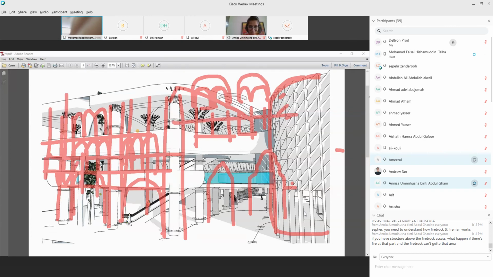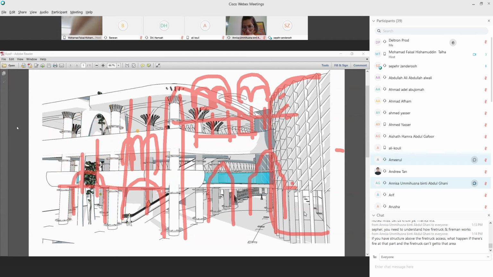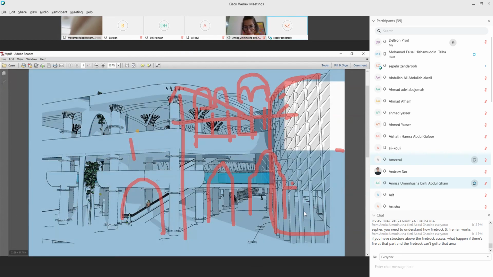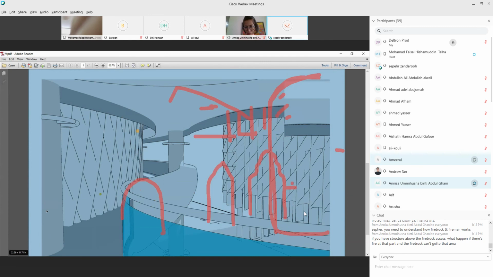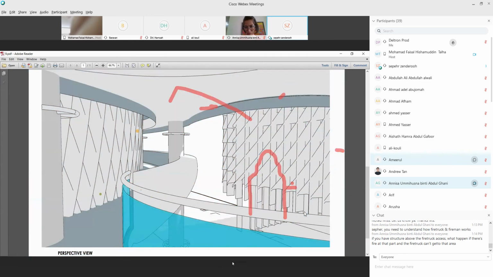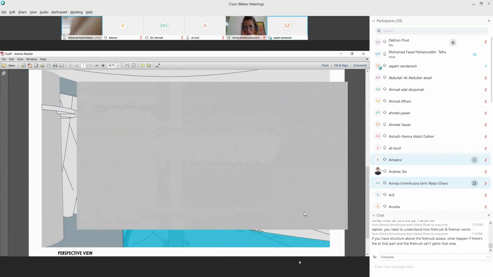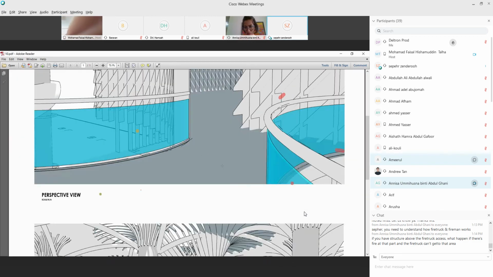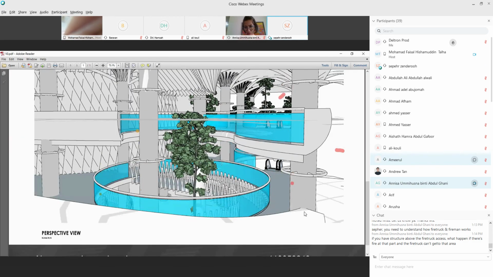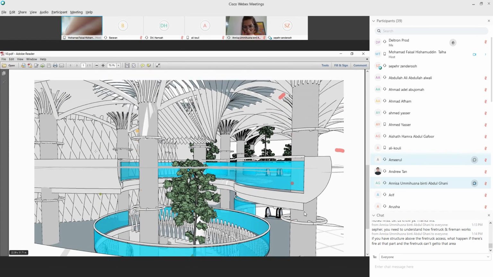Can I change the slide to the other one? The main theater hall. Yeah. Okay. The main one. Okay, this is the main facade of the main theater hall.